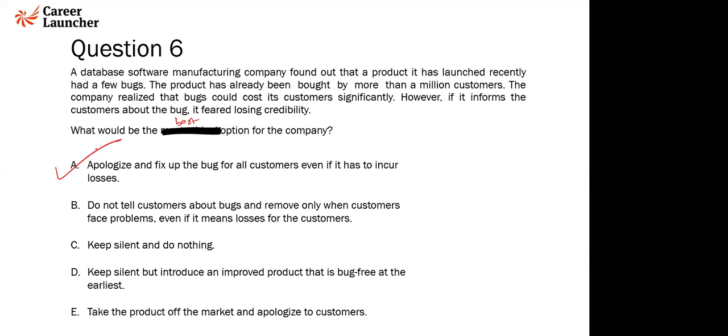I think a couple of examples were given by some of you. Anmol said, what did Samsung do when their Note 7 were blasting? What do car companies do many times when they find a flaw in the braking system? Now, why is this still the best option? Forget about the ethical. This is still the best option because this will lead to long-term benefits for the company.